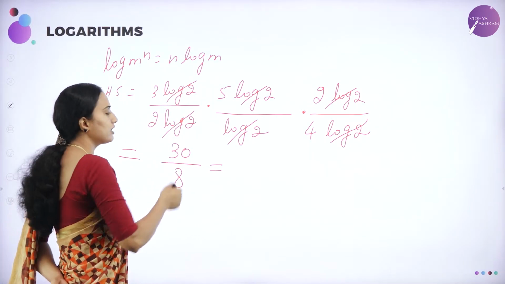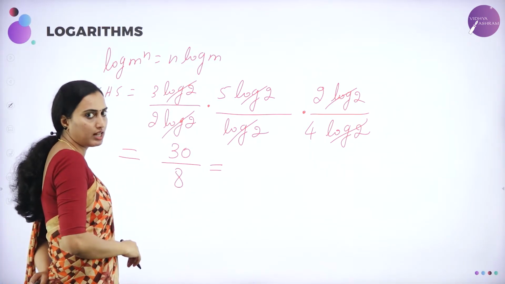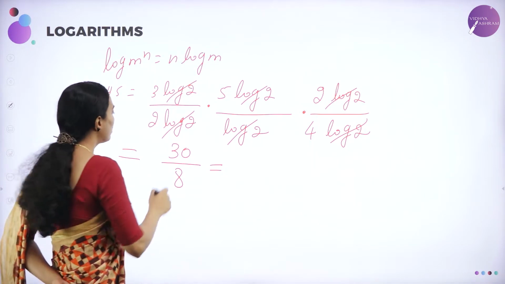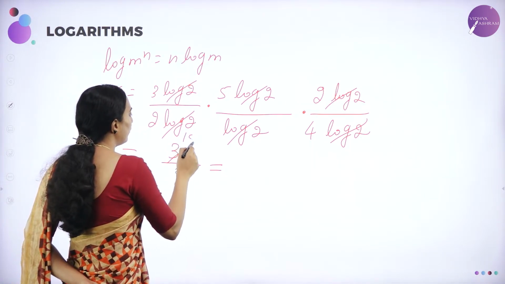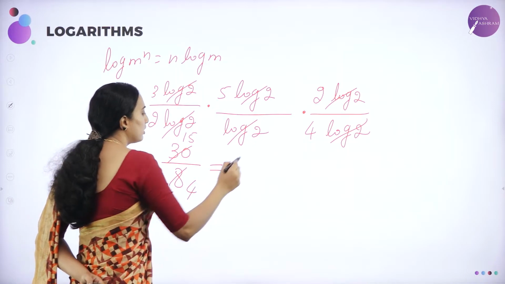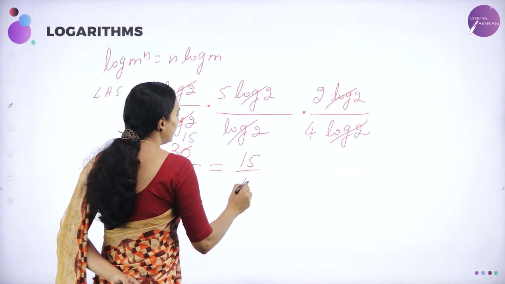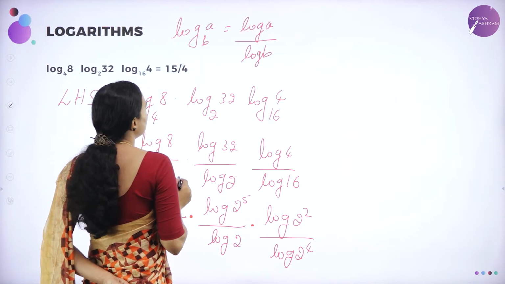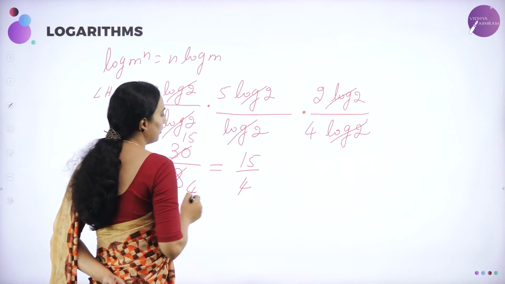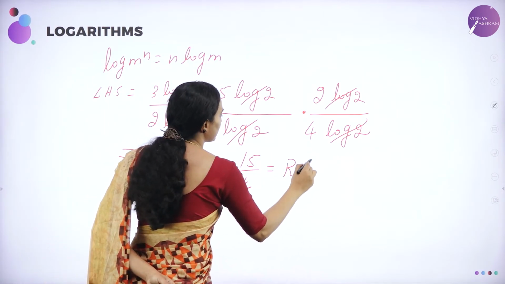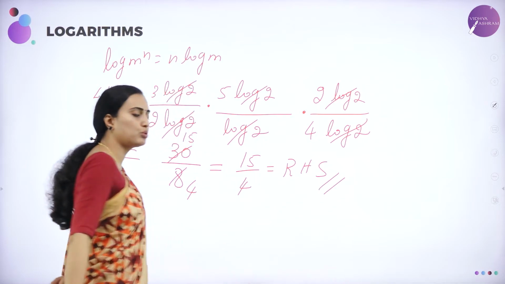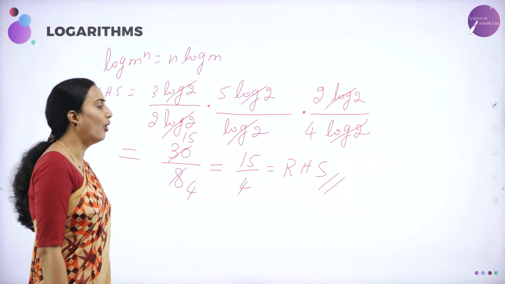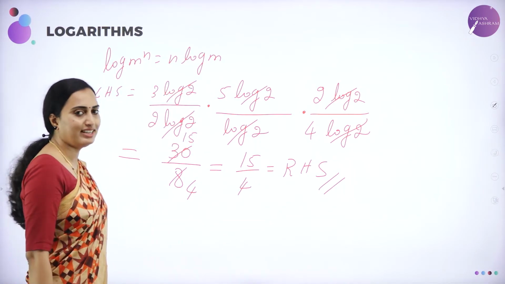So you can cancel this also. Here only you can cancel, otherwise by multiplying also you can cancel. It will go by 2. So you are going to have it as 2 15s are and 2 4s are. So the answer will be 15 by 4. The same answer? Yes, you are going to get the same answer, which is nothing but 15 by 4, which is RHS. Is that easier, dear students? Yes. Okay. We'll move on to the next question.